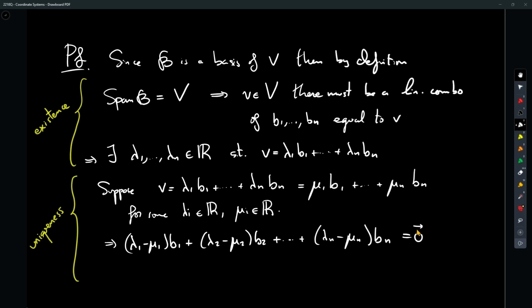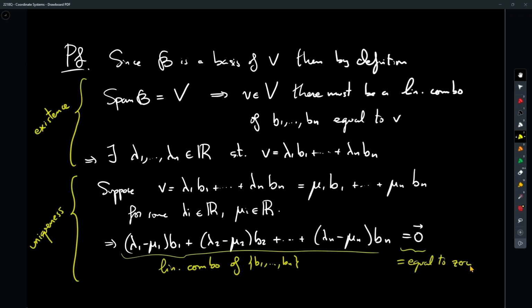But now what I see is that this is a linear combination of B1 through Bn that is equal to the zero vector,